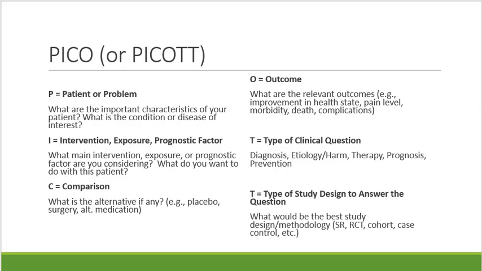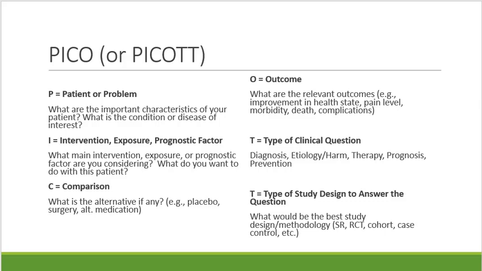So again, patient or problem. What are the important characteristics of the patient that you are working with? What is that condition or disease of interest? The I again being that intervention, the exposure of interest or the prognostic factor, C being the comparison, O being the outcome,